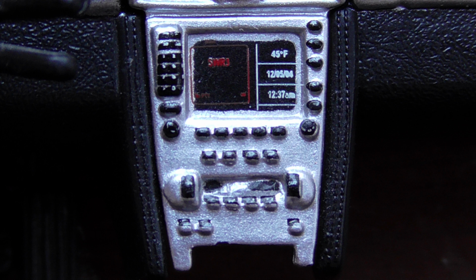And I like to think that what it says on the screen of the PCM is like the identity card of this model, which was born the 12th of May 2004, so just 2 days before me, at 12:37 a.m. with 45 degrees Fahrenheit and SWR3 radio in the background. Fascinating,